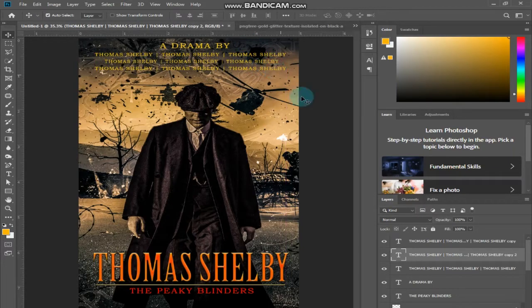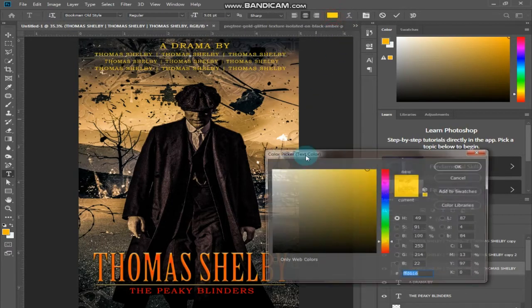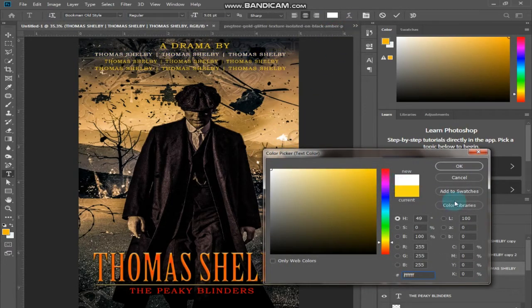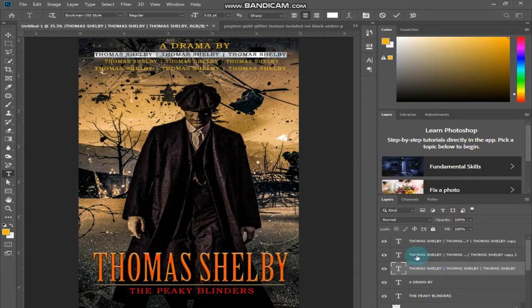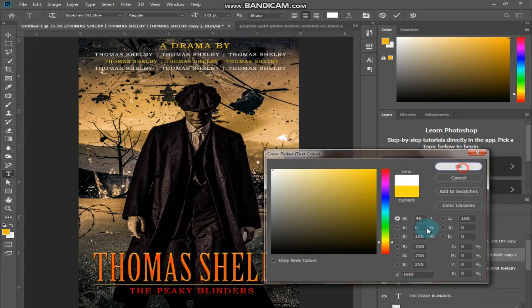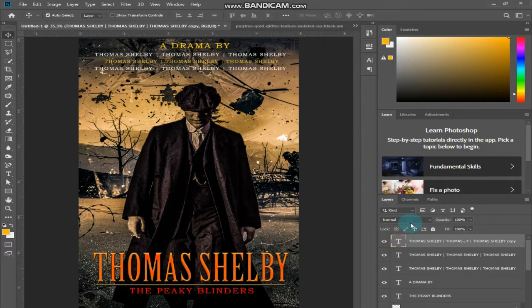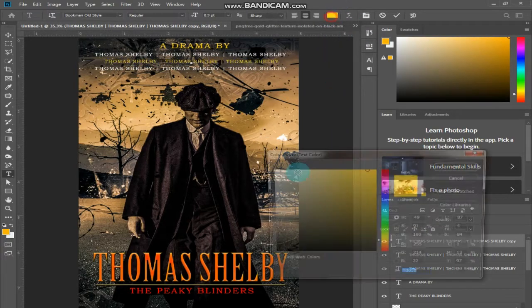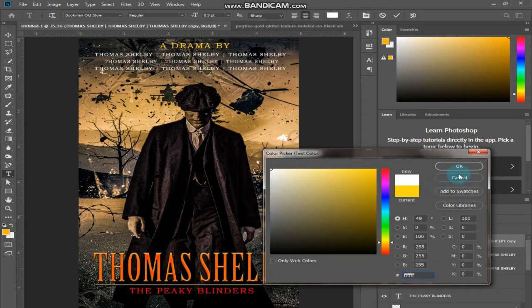So I will change the color of these three. I'm going to take something like white. White will do good, so it is easy to read them. And here it is, white again.